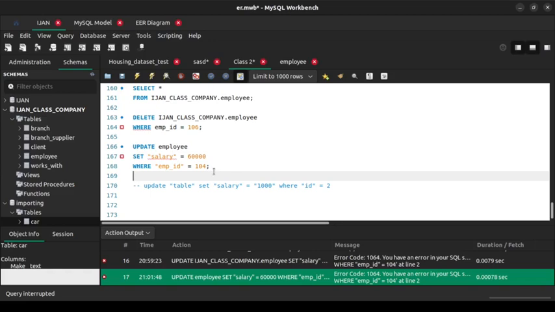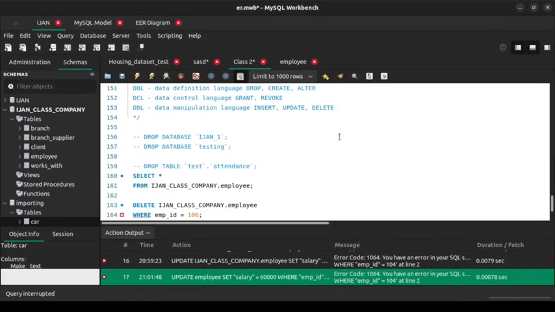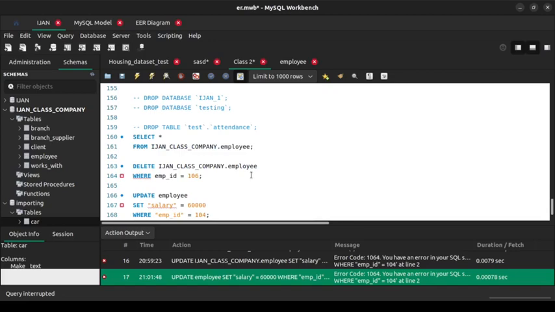It's going to set for everything. Update is just to change a particular value. I already differentiated it from drop. The drop is